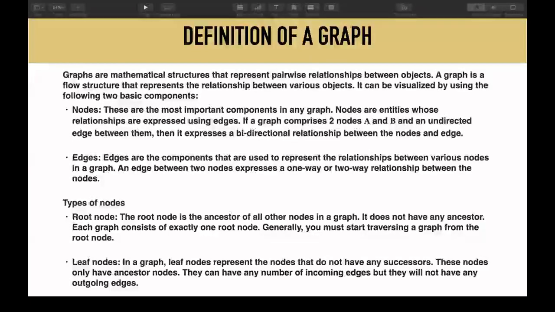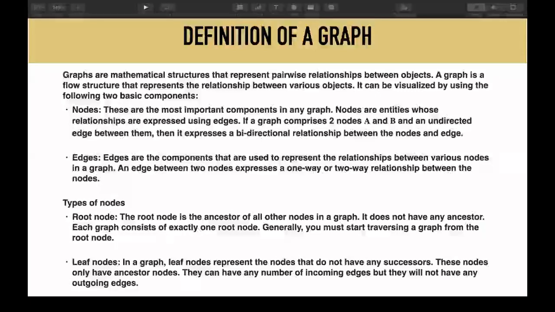Let us say the nodes are cities, like city A to city B. If there exists a road from A to B, then I connect A and B. If there is a road from A to C, then I connect A and C. And there can also be a road from B to C. So all these edges represent that these two objects are related, and that relation can change depending on the situation.